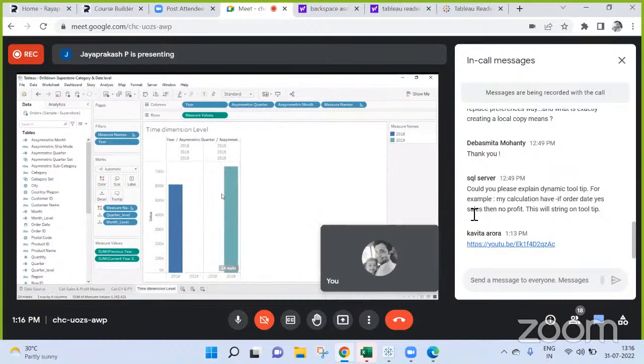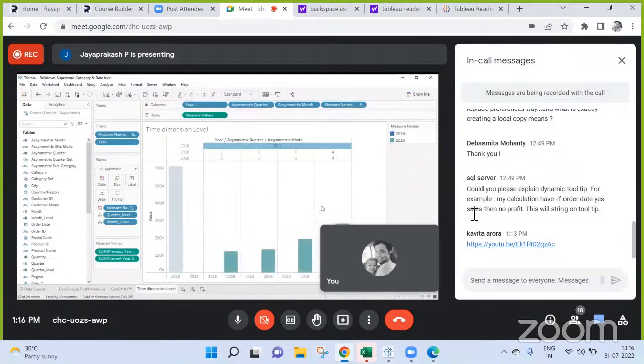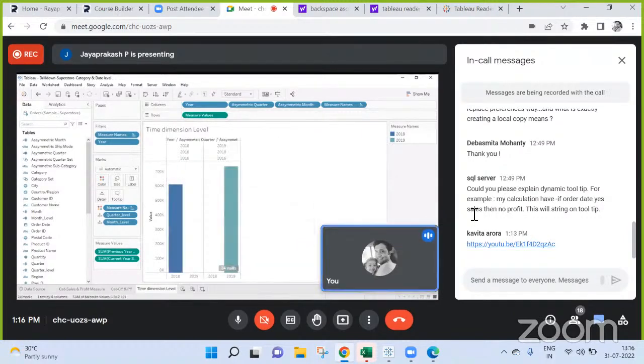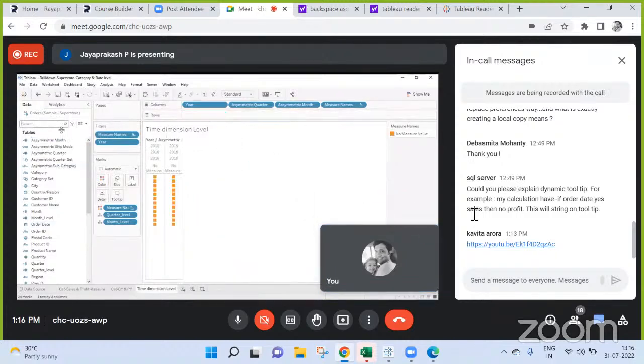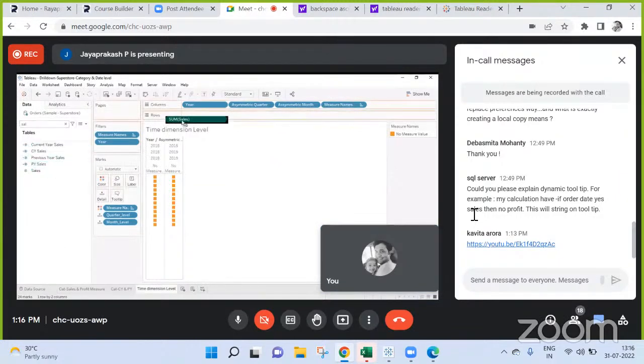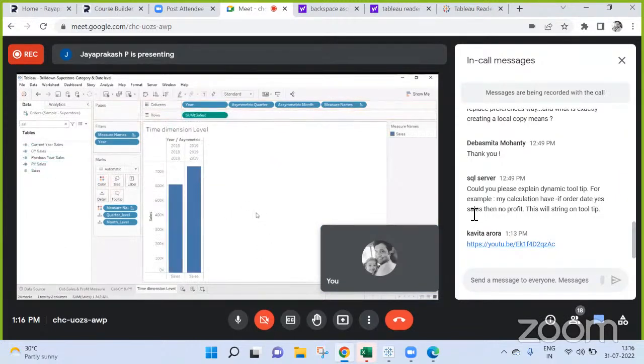Just unselect the year one again. The filter you have given is 2018 and 19. You don't need to pass this current year and the previous year item. She's saying you just put sales there. Rather than measure values, just put sales. Remove the measure values from rows and put sales there. Only one sales, right?